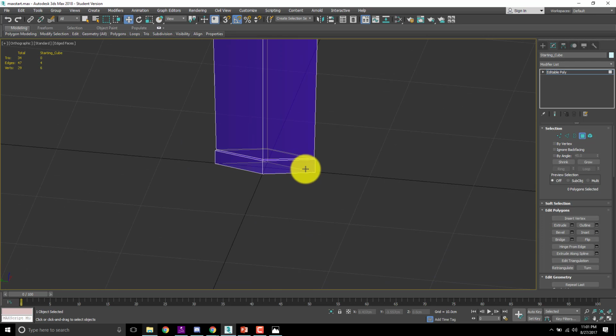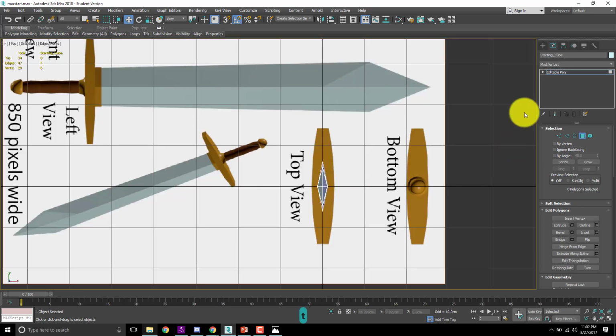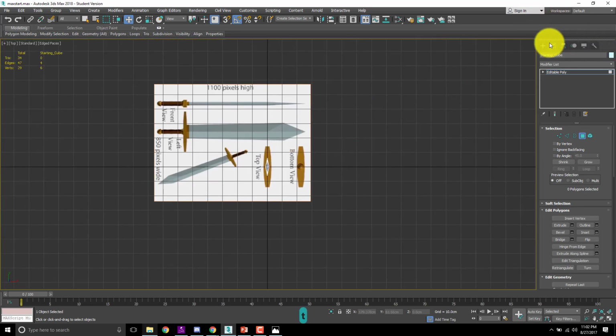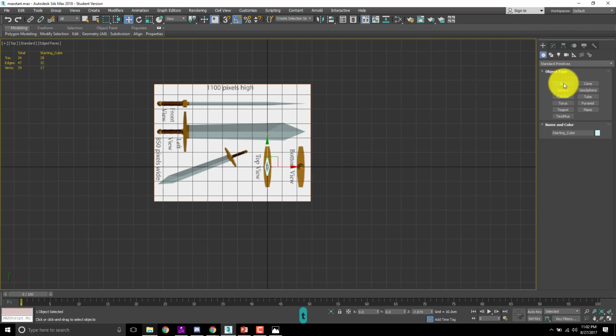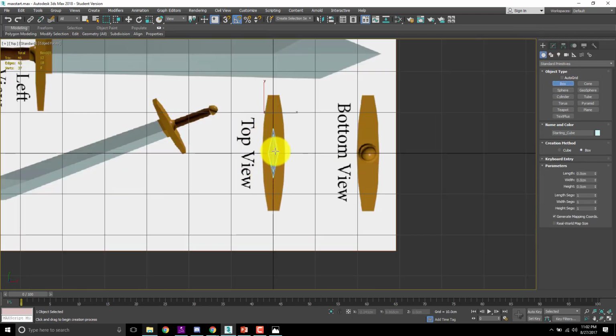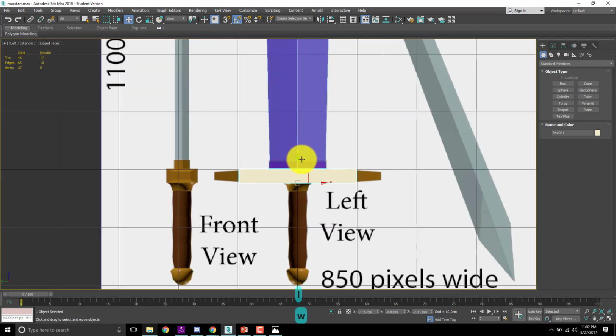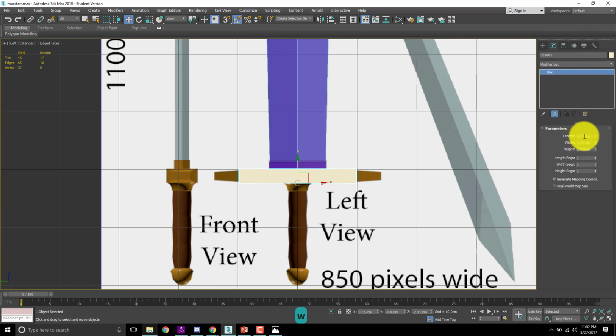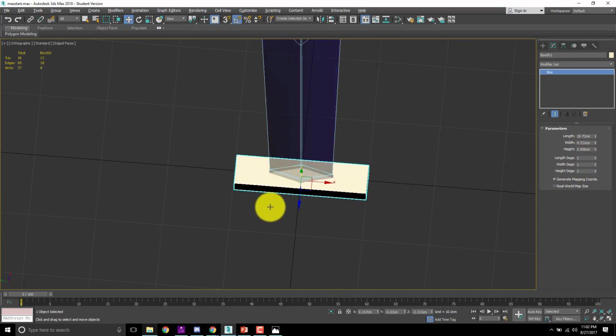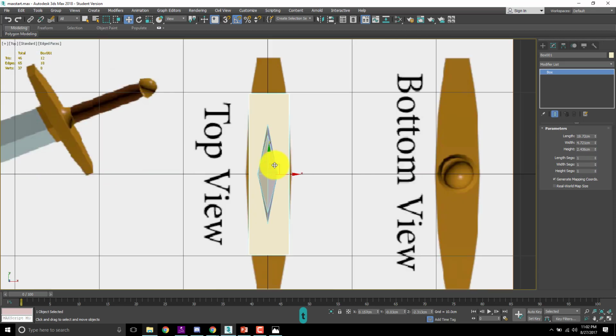Now, the next thing we need to do is, from the top view, I'm actually going to create a new cube. I'm not too concerned about it right now. I just created a box. It doesn't really matter. If you want to get fancy, it was 19.72 length, width is 4.7, and height is 2.46. But it doesn't really matter because we're just getting the rough general shape